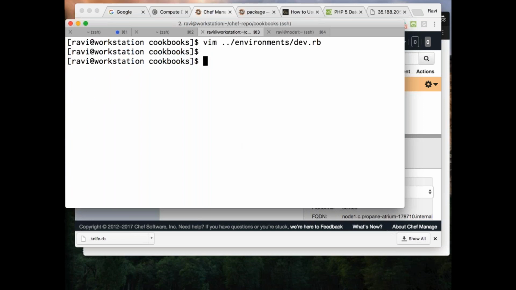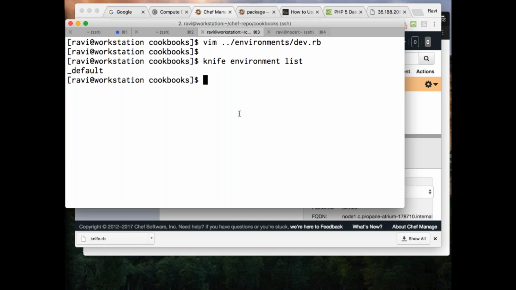Now I need to tell where the particular environment should be chosen. So let's say I'll go with knife environment list. You see, currently I only have underscore default.